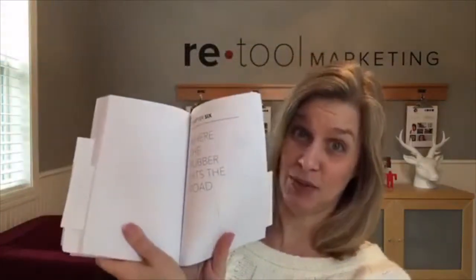And then the last chapter, Where the Rubber Hits the Road. That talks about the marketing plan. It talks about the importance and the power of networking. It talks about events and what opportunity costs are associated with any time away from you sitting at your desk,